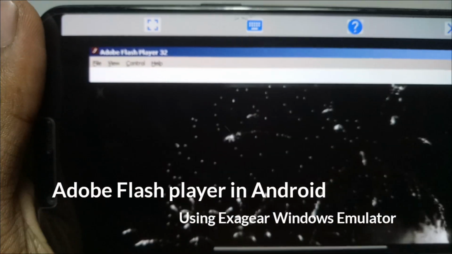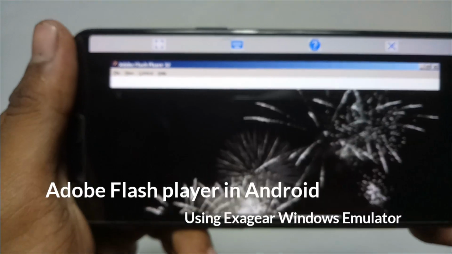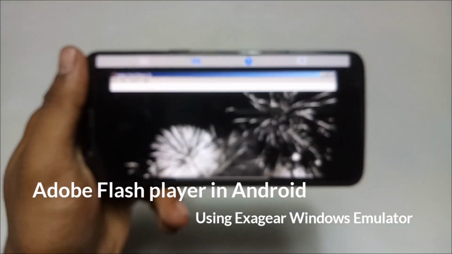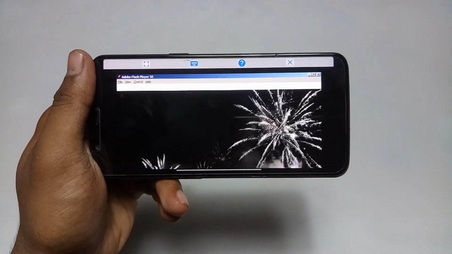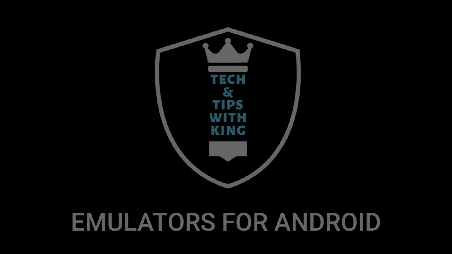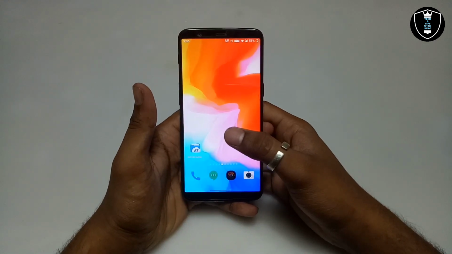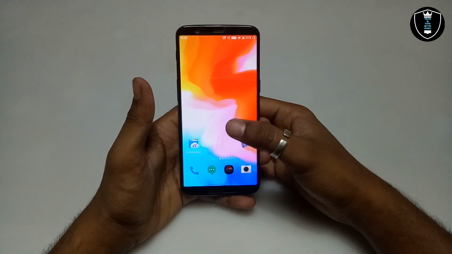In this video, I'm going to show how you can run Adobe Flash Player in your Android and how you can open any SWF file in your Android. So without any wasting of time, let's get into the video. In this video, I'm going to show how you can run Adobe Flash Player in your Android using Exagear Windows